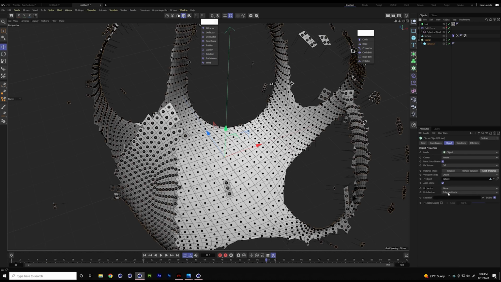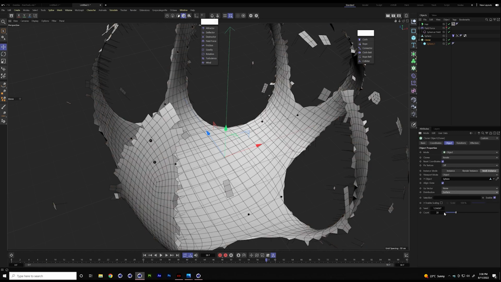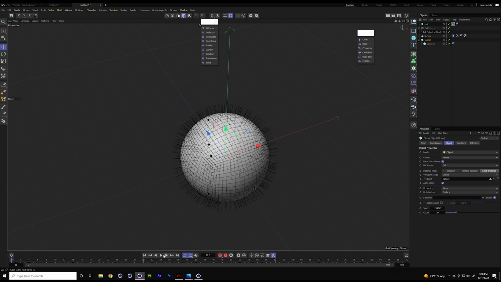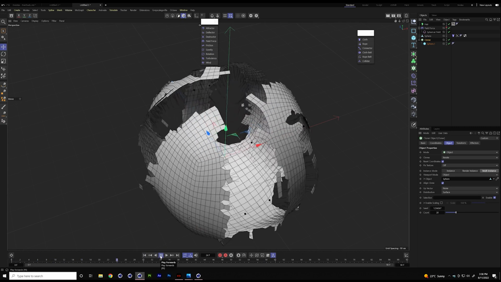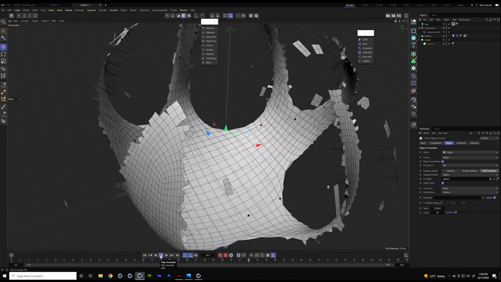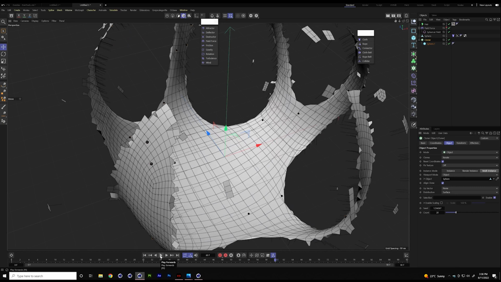I'm going to try something. It may not work. I'm going to go surface. See what happens here. Is it going to flicker around? No, they're stable. Yep. We just have that one frame delay because we haven't said simulate before generators.